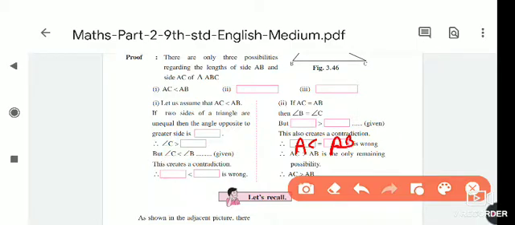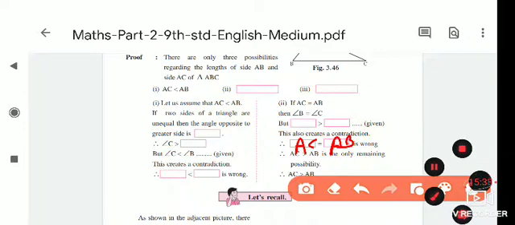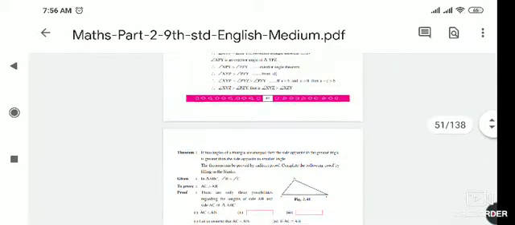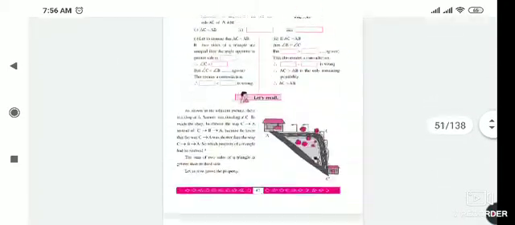So only one possibility remains, and which one is that? The possibility is that AC is greater than AB. So that is the third possibility left. It is also a very easy activity. So you have to complete both theorems today. Next, here